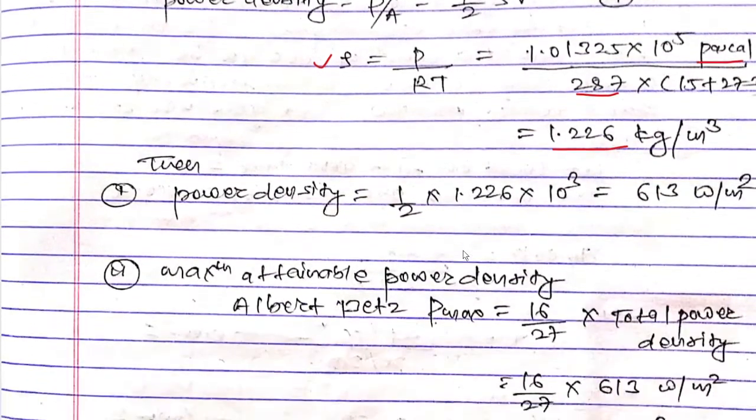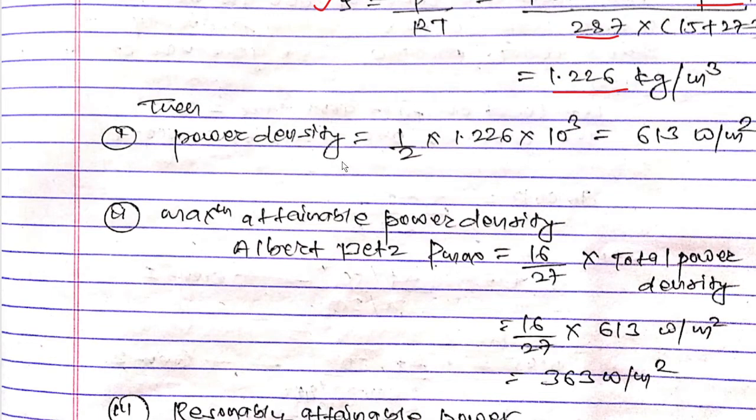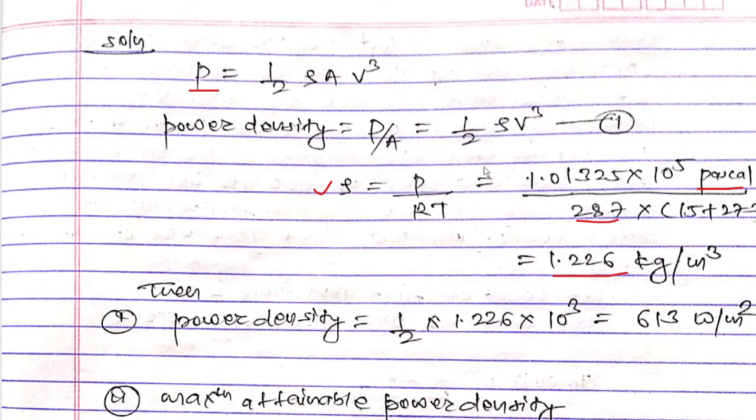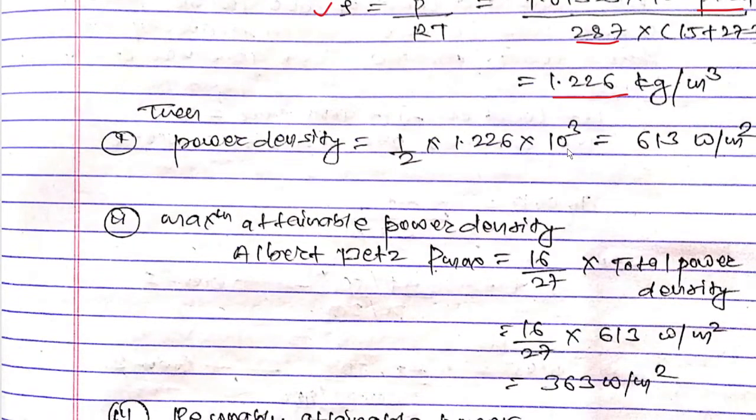And in the first step we have to calculate the power density. So power density equals 1 upon 2 into this rho 1.226 kg per meter cube, and the formula is power density equals 1 by 2 rho into V cube. In place of V we have 10 meter per second, so 10 to the power 3. So we'll get 613 watt per meter square, and the maximum attainable power density will be,